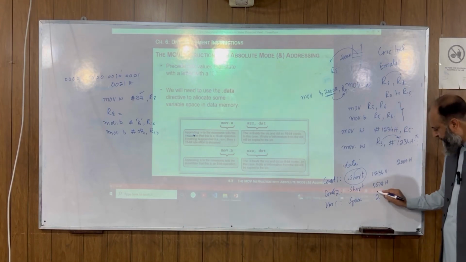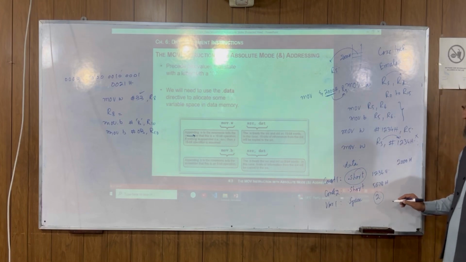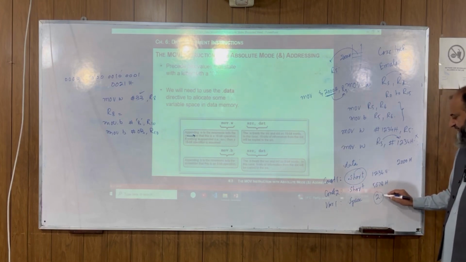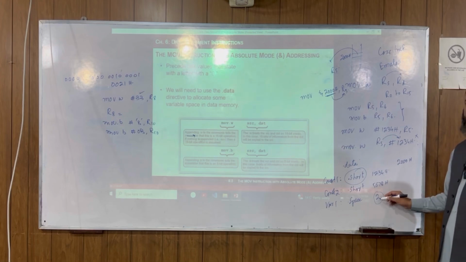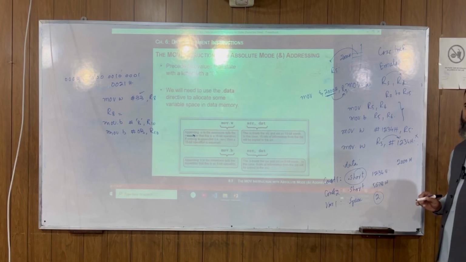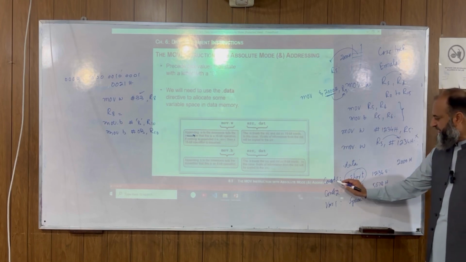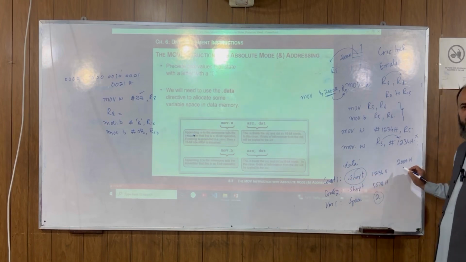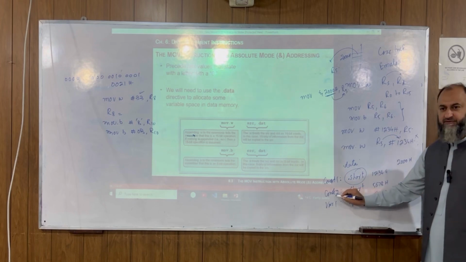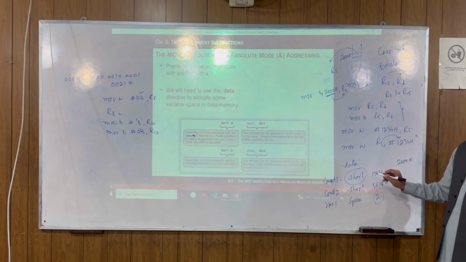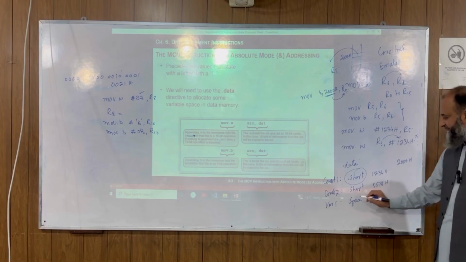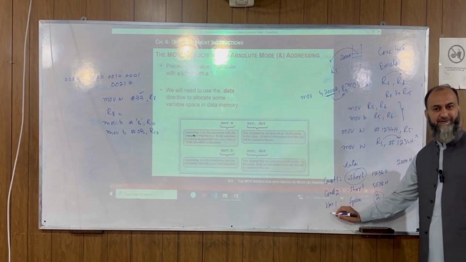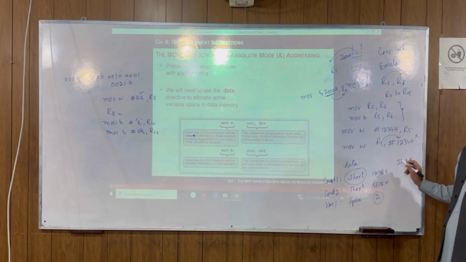It means two locations have been specified for the variable 1. For variable 1, 2 bytes of space are specified. Now you see that the address of constant 1 is 2000 hex. What will be the address of constant 2? 2002 hex. And then the address of variable 1 is said to be 2004 hex.